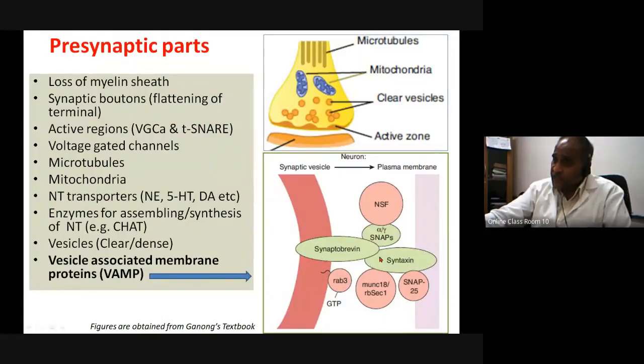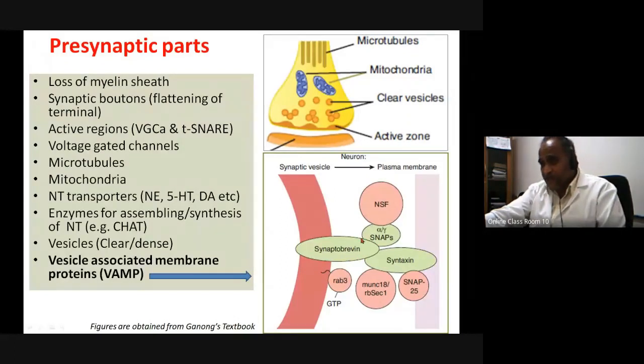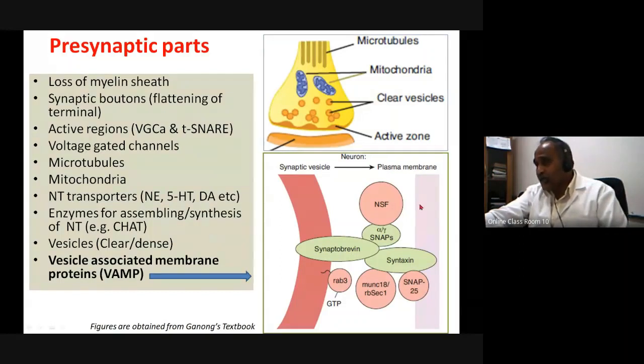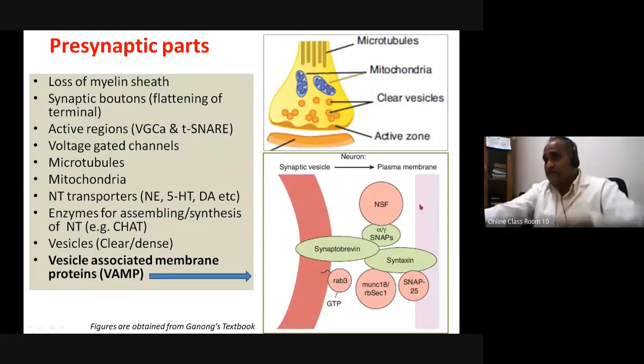V-SNARE means a vesicle-associated SNARE protein. It is known as synaptobrevin. Then this synaptobrevin is associated with other molecules bound to GTP, the Rab3 molecules. These are filamentous proteins, and these GTP molecules are bound and necessary. That's one side. Then on the other side, associated with the cell membrane,